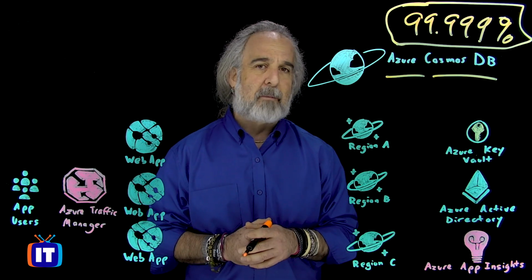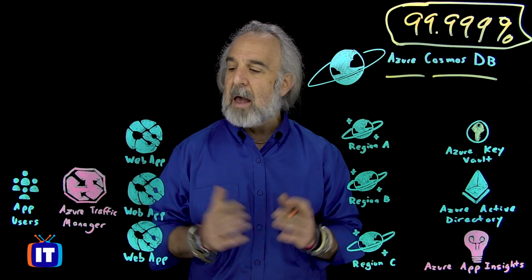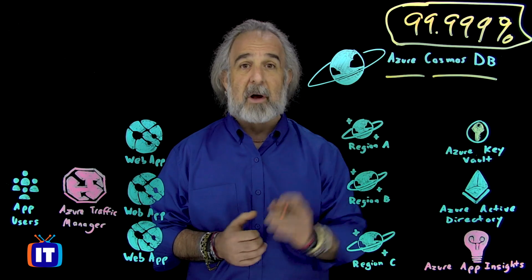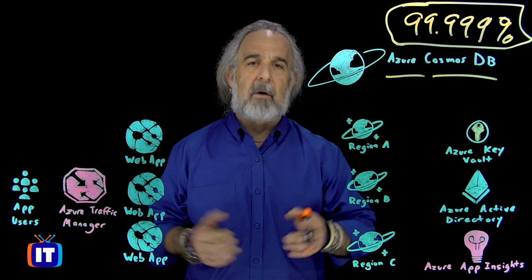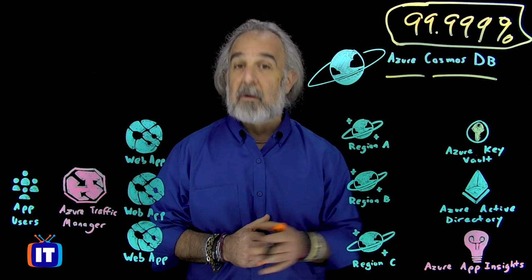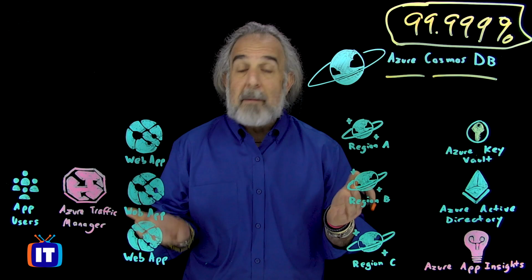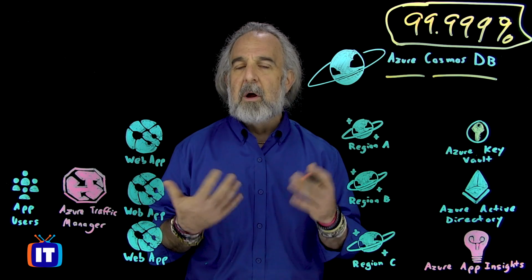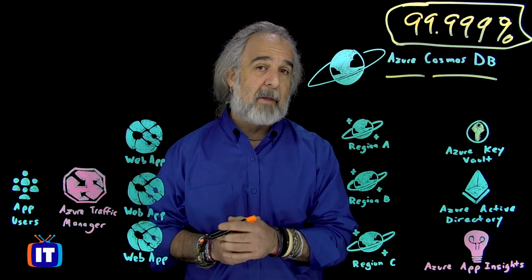Let's talk about why it's important to use for just a moment. When we think about our users, over here, for instance, and the fact that they need to be able to connect to this data that we're storing in the Azure Cosmos DB, and they want to connect to it, consume it, and interact with it in order to understand the value of that data and tell compelling stories, maybe to stakeholders, to business decision makers, maybe as a customer, they just want to understand more about their information, their order, and their experience with your company. So let's take that journey with them and understand why this is important.